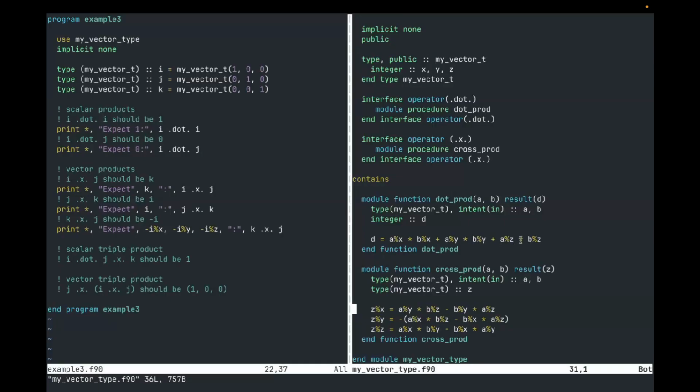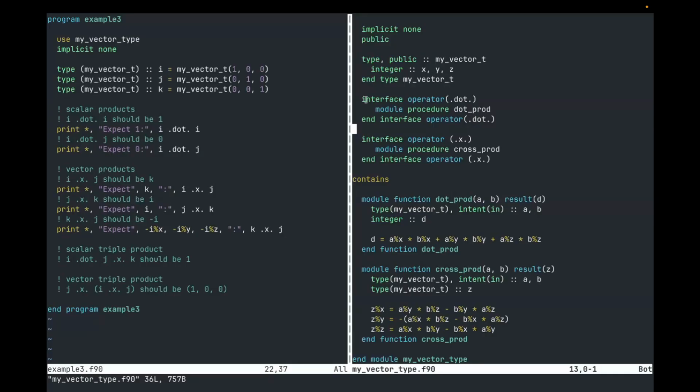z components multiplied together. Cross products, of course, is a little bit more complex because we have to work out the x, y, and z components of the result vector independently from one another. But we just go through and do that for each of those, and then those are returned for each function. The only thing left to do after that is to tell the compiler that we now want to be able to use both of these functions, not just as functions, but as our new